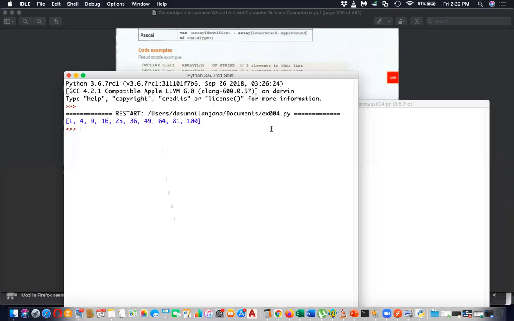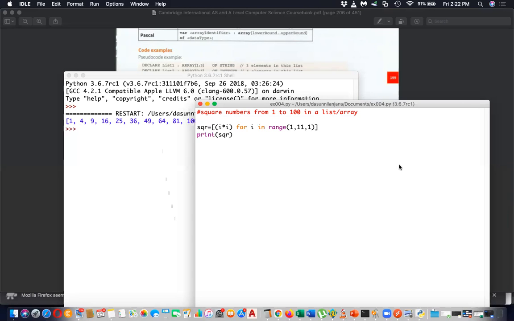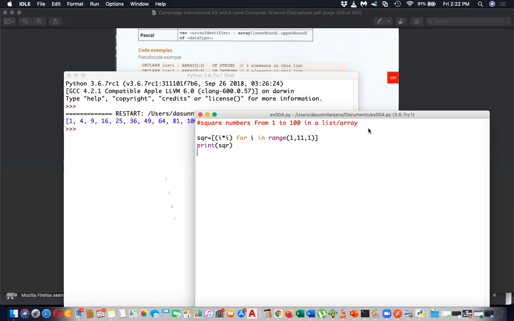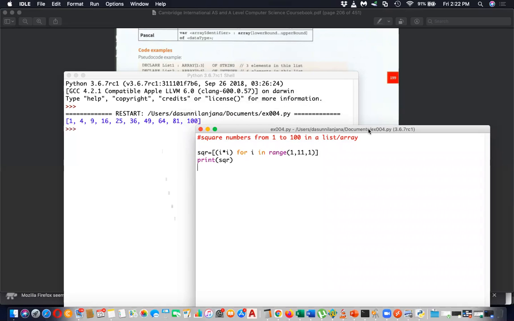Okay, here 1 to 100 square numbers stored in an array. Remember these things we discussed, right? Yeah. Okay, then